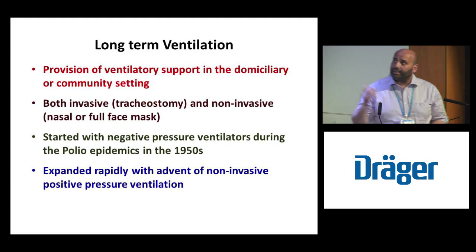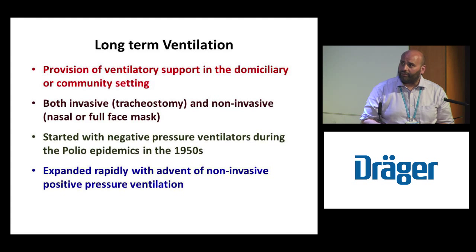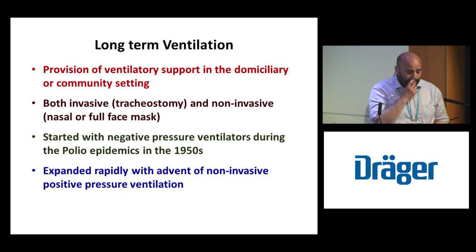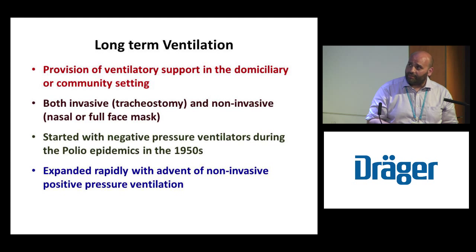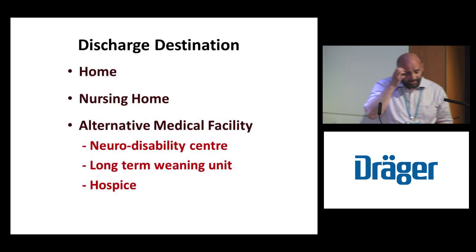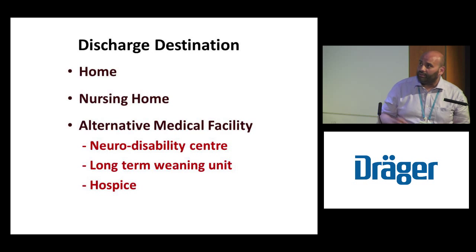It's really designed to take what we're doing in the critical care environment into the community. That can be done, like I said, either by a tracheostomy invasively or non-invasively. Tracheostomy patients don't have to be continuously ventilated; they can be ventilated at night. The first wave of that was with the polio epidemics in terms of non-invasive ventilation. But now, with more positive pressure devices, we're obviously devolving an increasing number of patients into the community. And the community could be the actual home, a nursing home, or some other medical